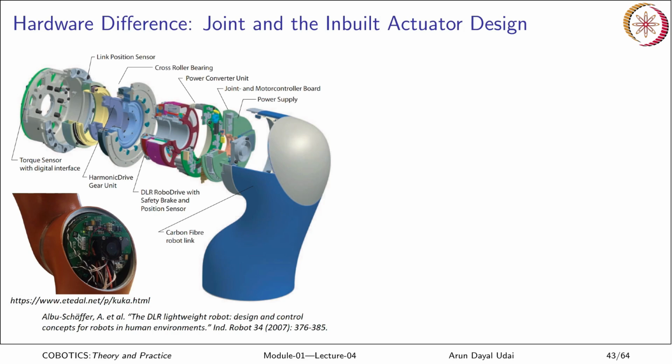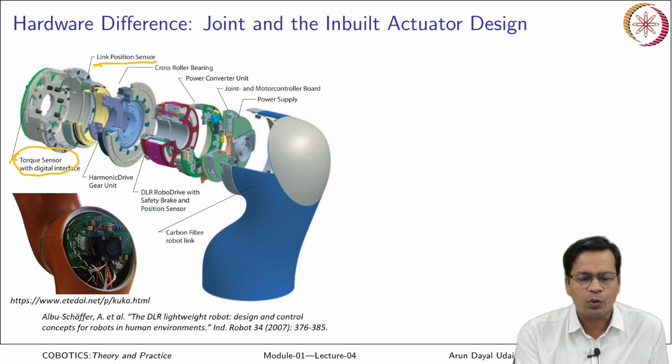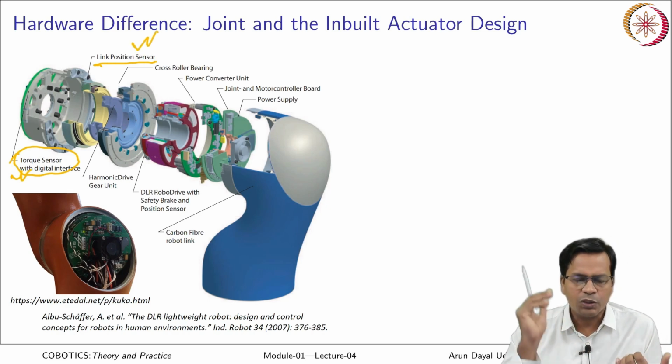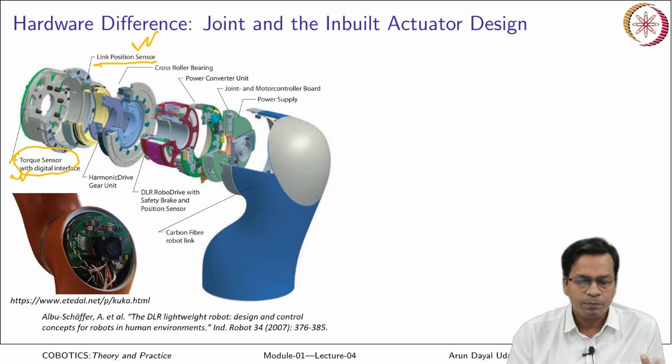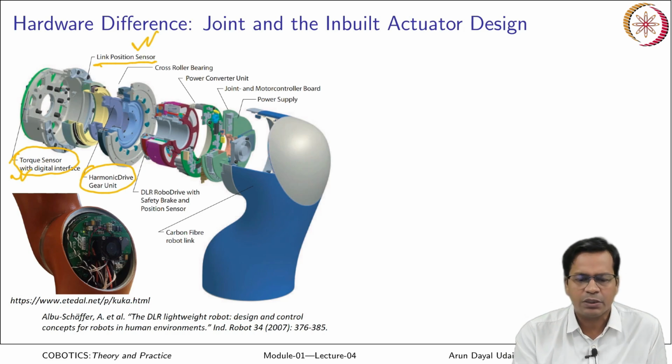Now coming to the hardware of a cobot. So how does it look like? It has a position sensor, it also has a torque sensor. So it has both. It can take care of torque in a closed loop as well as it can form a closed loop around a position, so that it ensures precise positioning, taking care of the torque also. It has a low gear ratio harmonic drive which is here, or sometimes it is direct drive also, power converter unit, microcontroller board which is here that creates a local closed loop also, power controller board is here. Robot drive with position sensor is here.